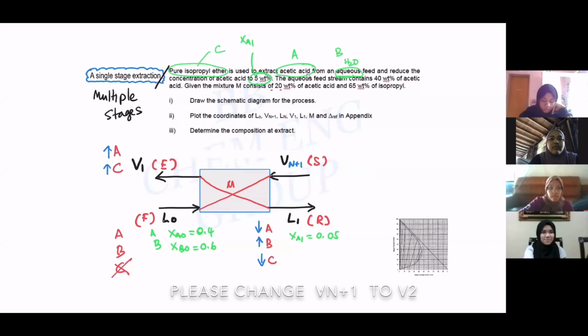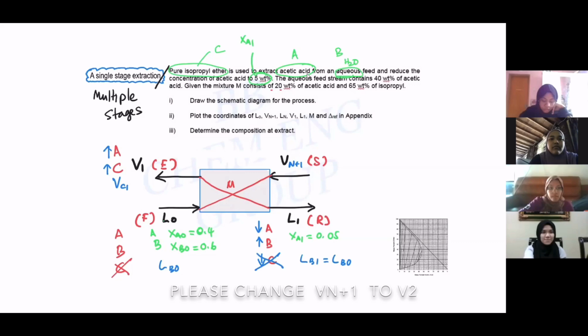We want to assume sometimes that most of the water you have, your LB0, is always collected here, where LB1 is equal to LB0 normally. And then at your extract VC1, if little bit or no